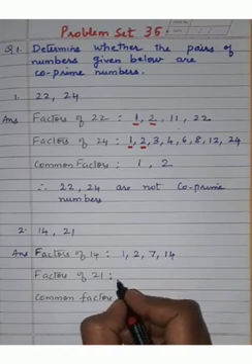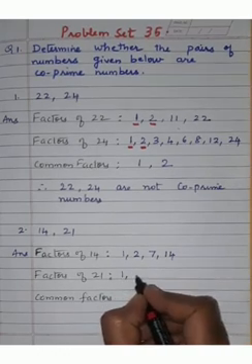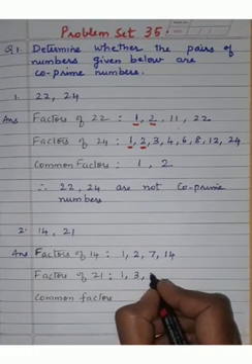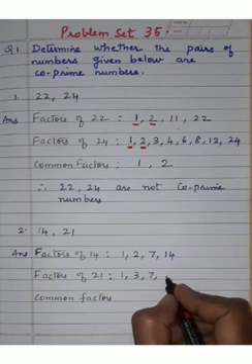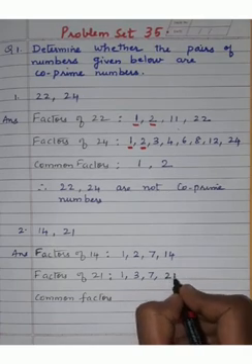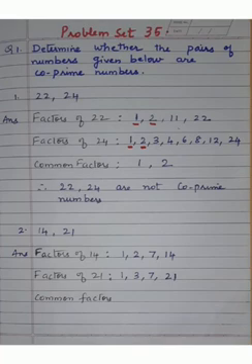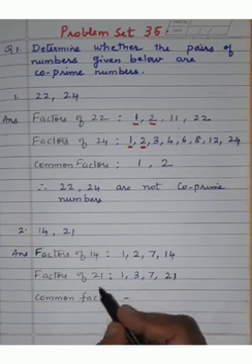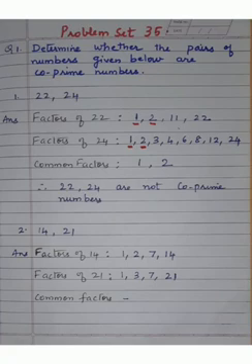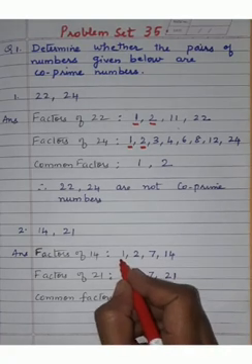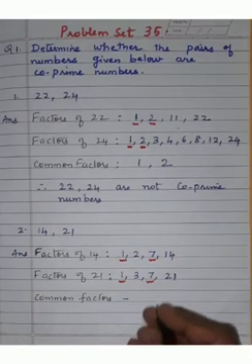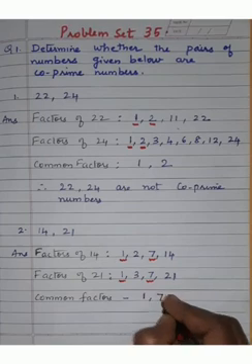Okay, then in factors of 21 we will write it as in 1 table it comes, then 2 table it doesn't come, then 3 table it comes, then in 7 table it comes, 7 3s is 21, then directly in 21 table it comes. Okay children, now if you see the common factors of 14 and 21, 1 is common, then 7 is common. So write it down here, 1 and 7.